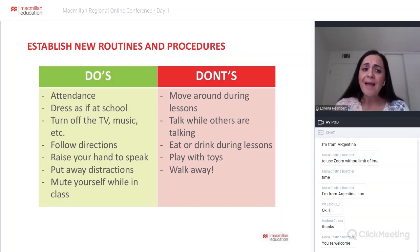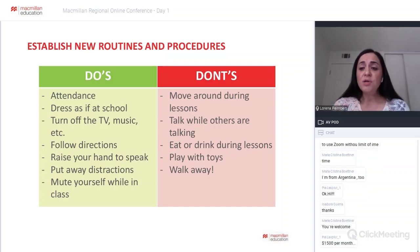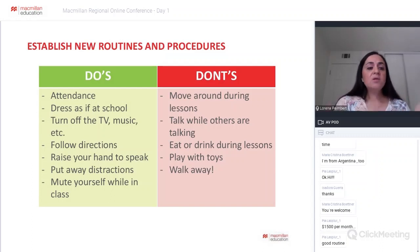Okay, another routine, dress as if you're going to school. Maybe you're going to ask them to wear a uniform if they have it at school, or maybe not. But what is important is that they don't come to your class in their PJs, and that they comb their hair, they have their breakfast before or something to eat. Remember, this is very important. Okay, this is a routine we have to establish because it helps make a schedule. Okay, and kids work with a schedule. So ask parents to